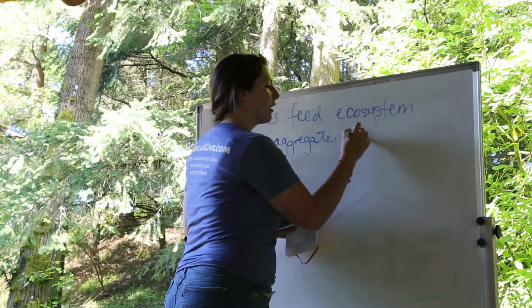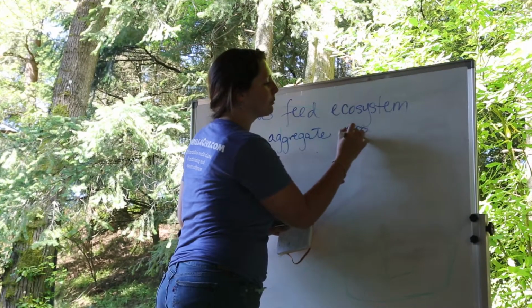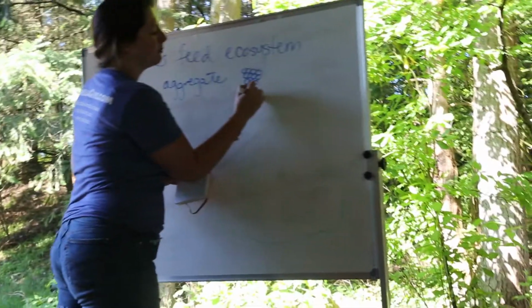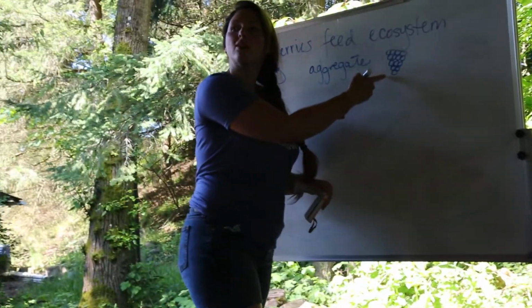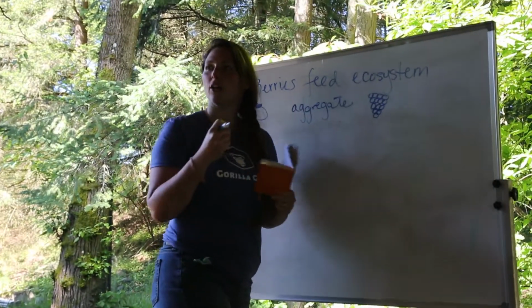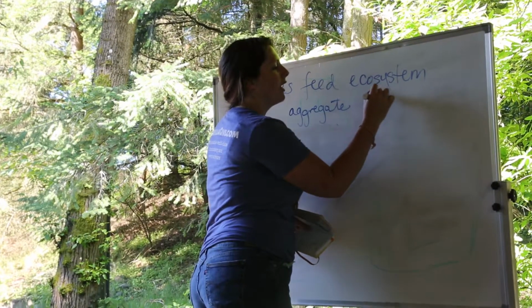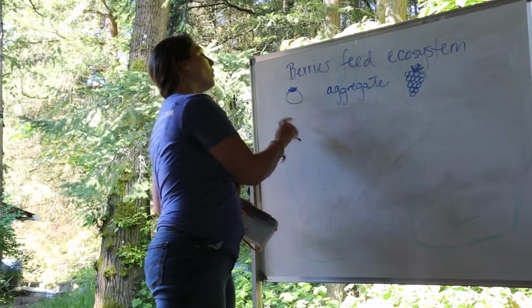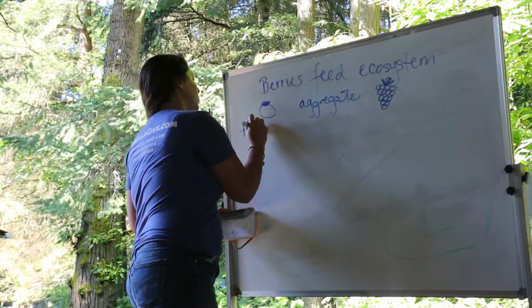Aggregates are where a flower has multiple ovaries, and each one that is pollinated becomes its own little fruit. So they're all aggregated around the core. A lot of the berries that we're talking about today either fall in the aggregate category or the true fruit.